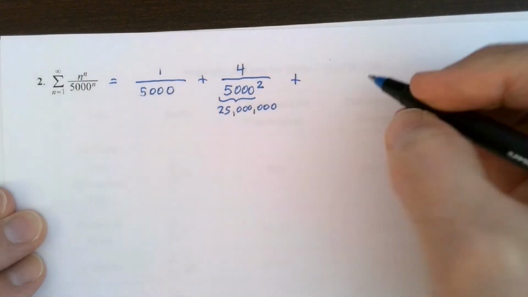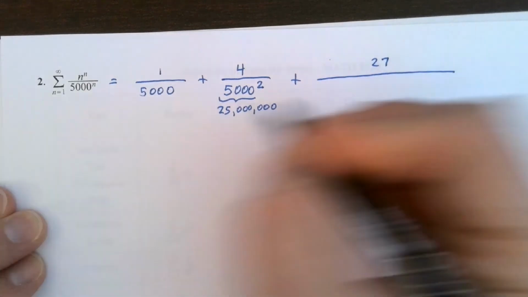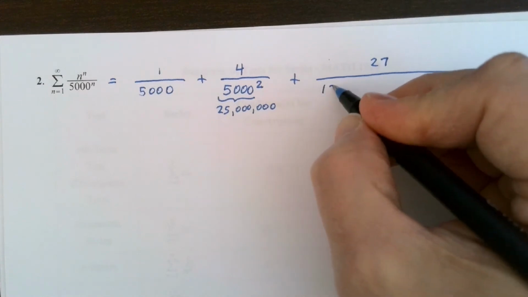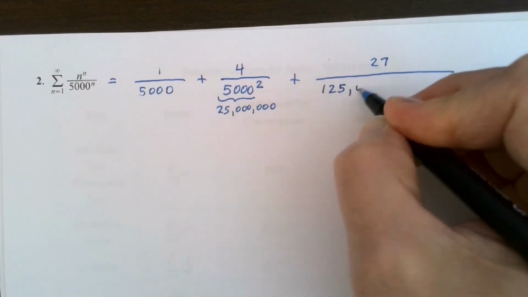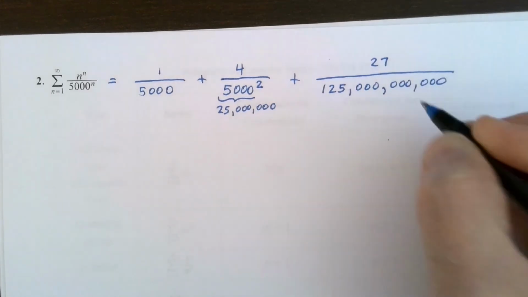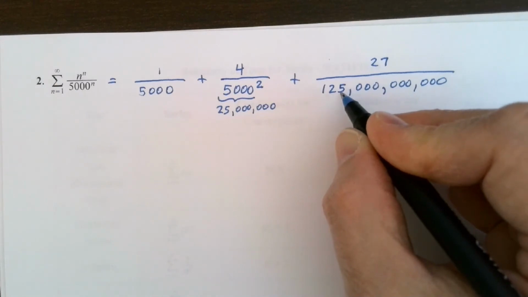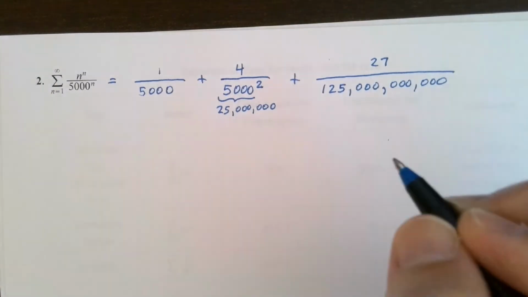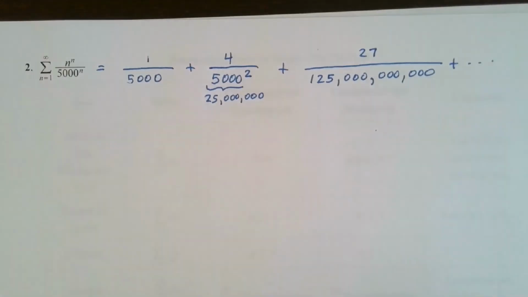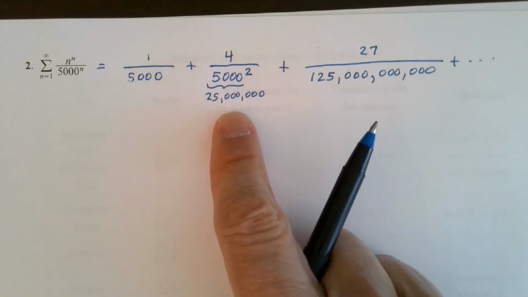Okay. And then for 3, I get 3 cubed, which is 27. 5,000 to the third power is 125 thousands, millions, billions. 125 billion. Okay. As you're doing this, you might be thinking, well, holy moly, 4 divided by 25 million,